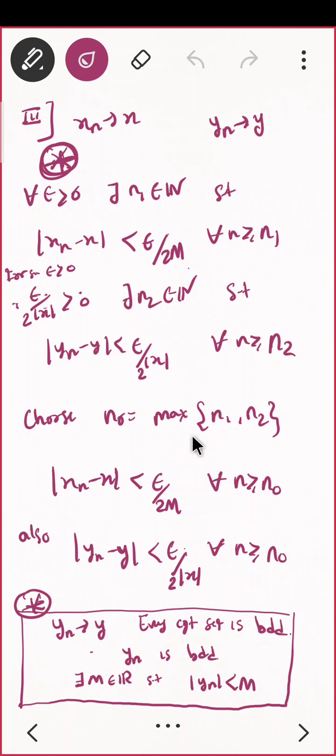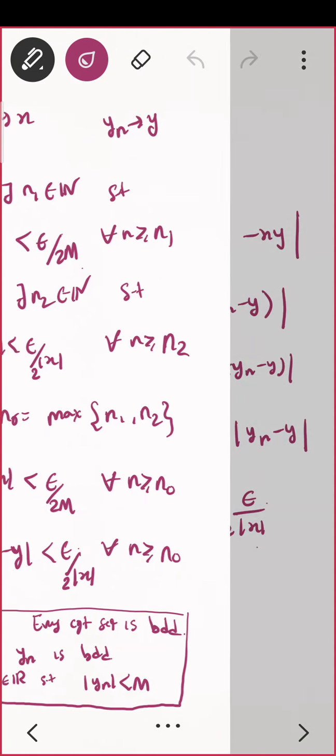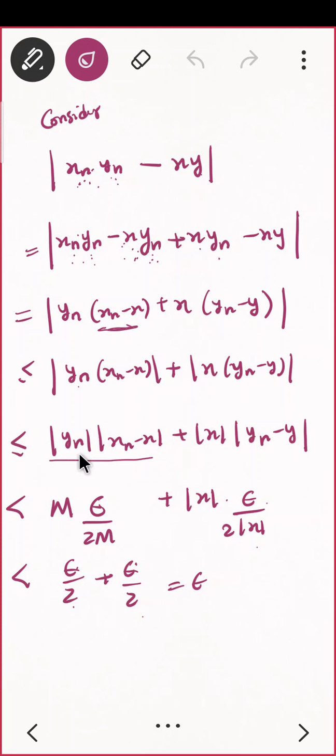You understand now, because in calculus, if you can see the future, then only you can do the proof. So what we are doing is first creating the future, then coming to the present. This is how calculus is. If you can see the future, then you can prove the theorem. So I saw what my requirement is in the future, then I came back and created that. And same here also, I saw that this is mod yn and this is mod xn minus x.